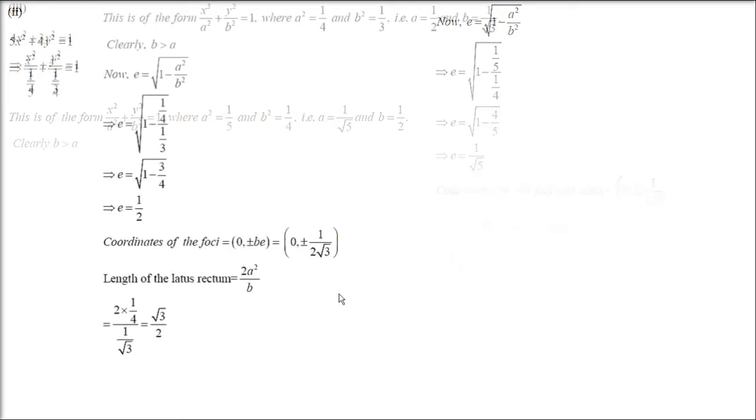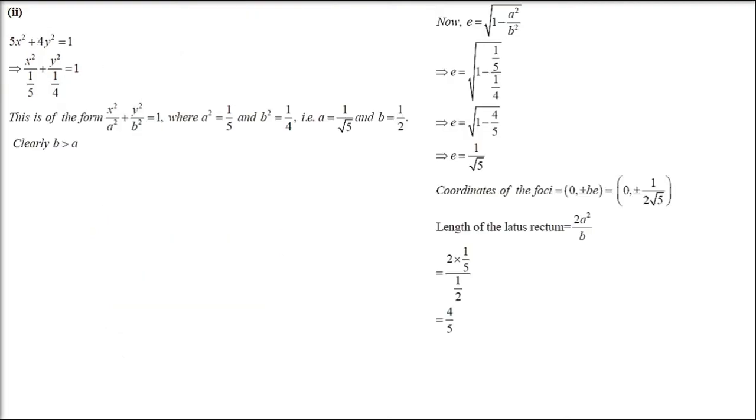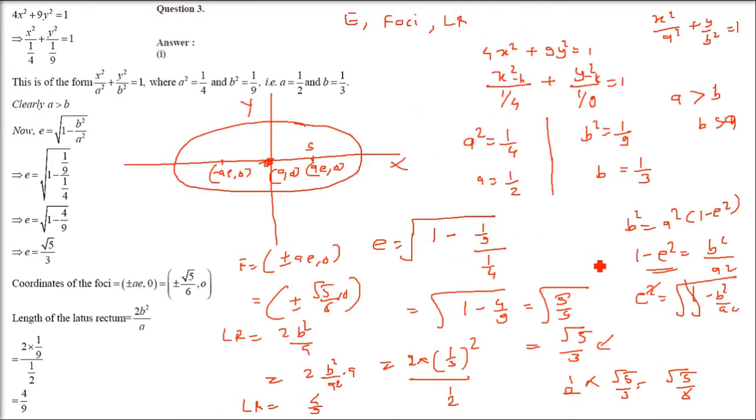This is the second part, third part, and this second and third part has something in common. So this is not a horizontal ellipse. The second and third part is saying that A is less than B, A is not greater than B. So when A is less than B, that means it's a vertical axis, not a horizontal axis. Okay, but still we'll take A square and B square. That is, the equation won't change, but the eccentricity will change.